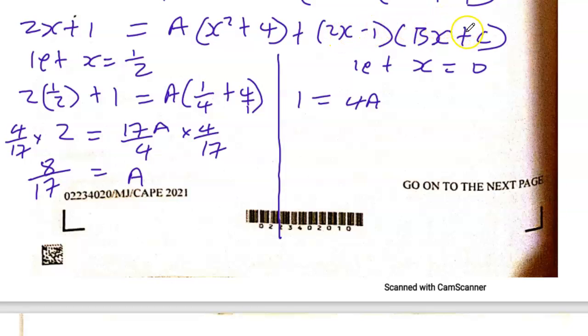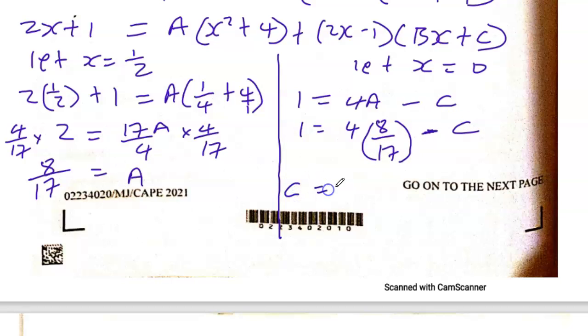And then this bracket will be just c. So we have minus 1 in this bracket and just c. So we'll end up with just minus c. Now we know the value of a is 8 over 17. So 1 equals 4 times a, which is 8 over 17, minus c. So we can do some transposing here, which means that c would be equal to